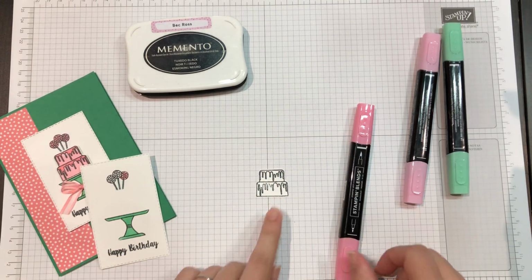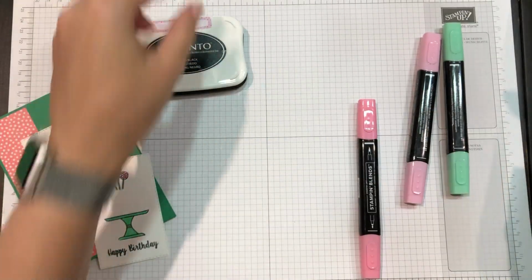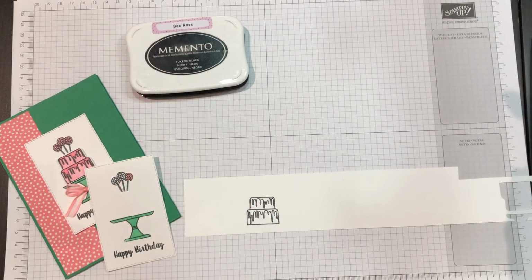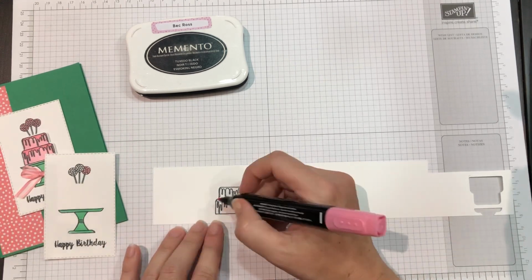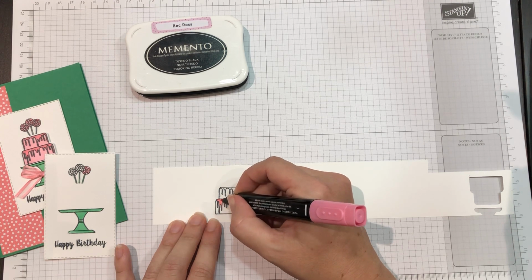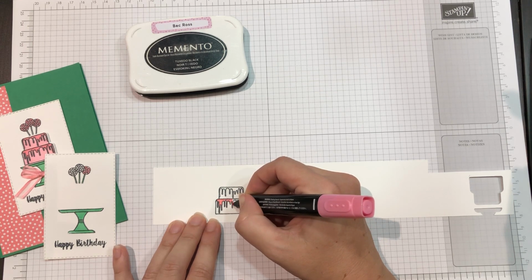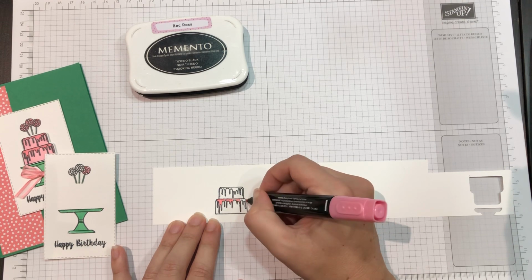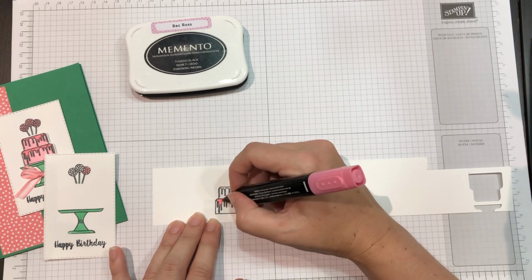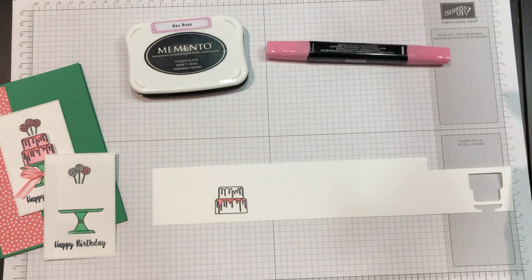Then with your cake, we're going to, actually that's my dodgy one, look, didn't stamp that one very well. Let's go with, that's better, let's do that one. Okay, so I'm going to take again my bullet tip because it's quite skinny little areas here. I'll do the drippy icing in the darker Flirty Flamingo. Remember, you can take your time, there's no rush. Okay, and then the light one,